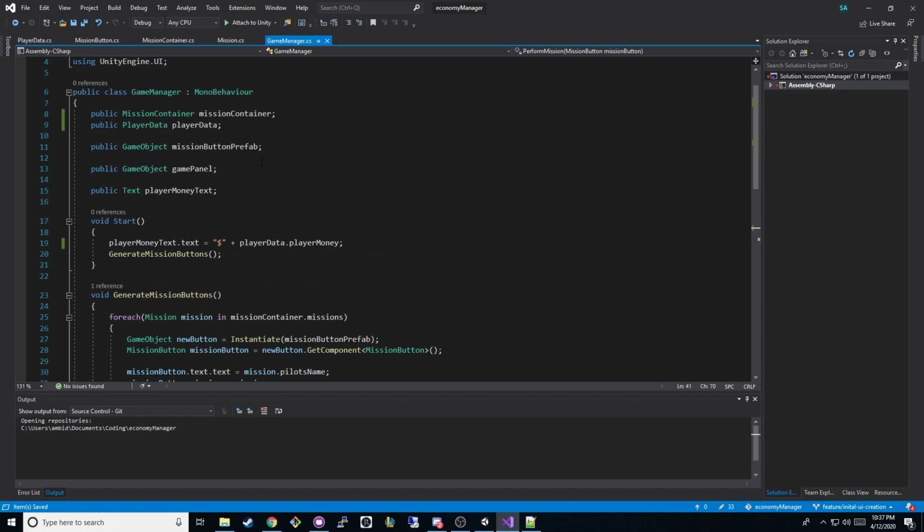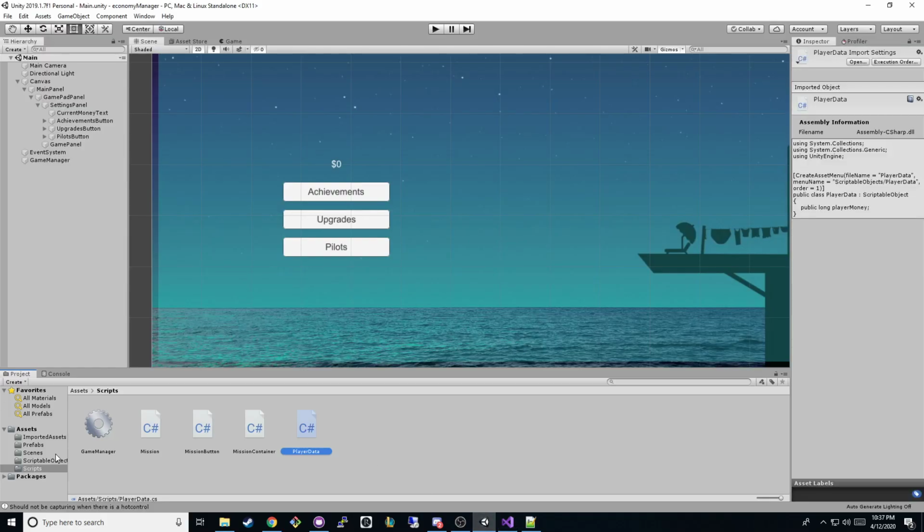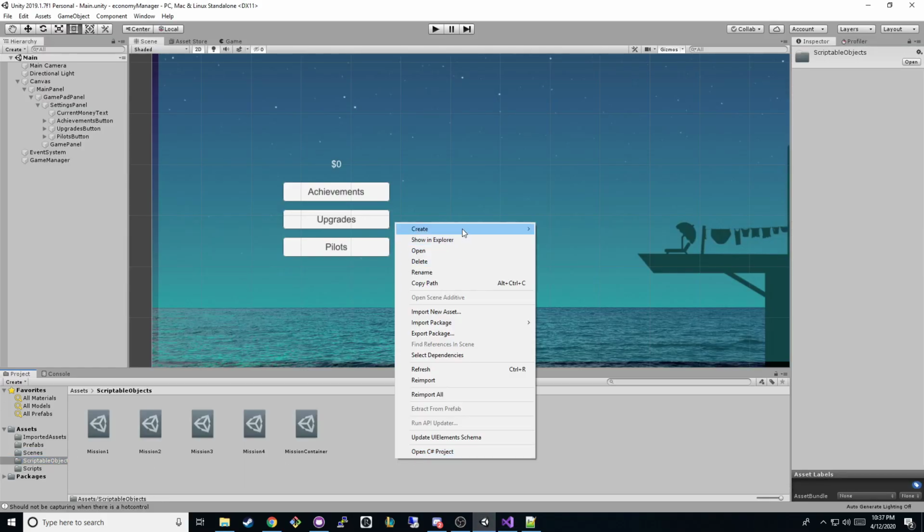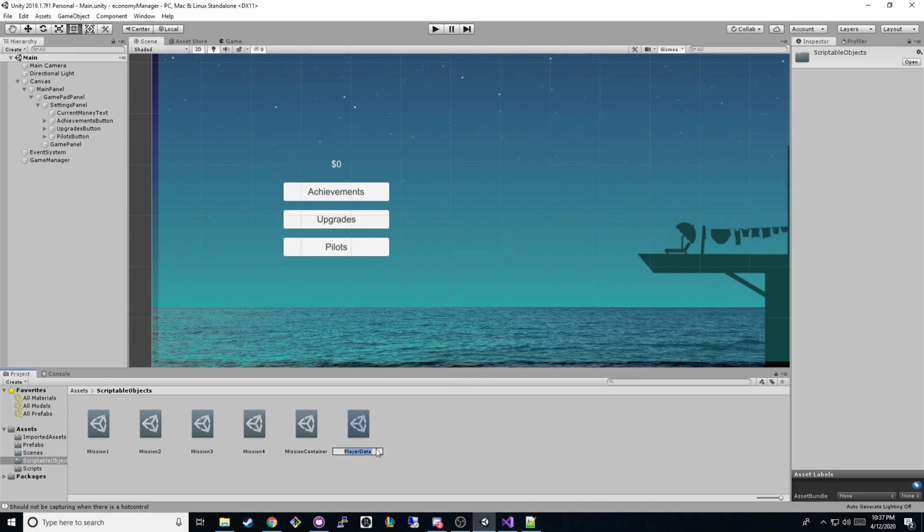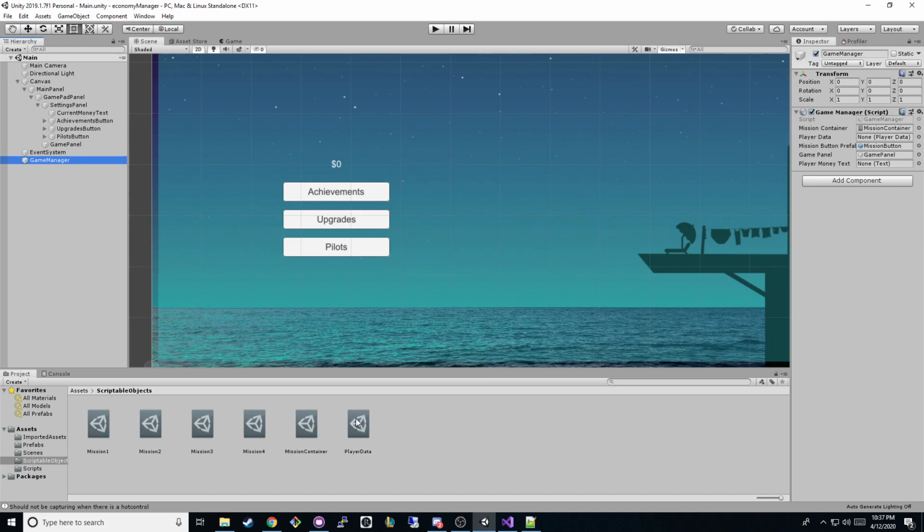Okay, so now we need to make sure we updated the references correctly and made the scriptable object. So we go back to scriptable objects, we create our player data, and we don't have to touch anything, because player money should start out at 0. And then if we go to our game manager, it should have access to our player data, and it should also have access to our player money text, which is just this field. And now if we hit play,